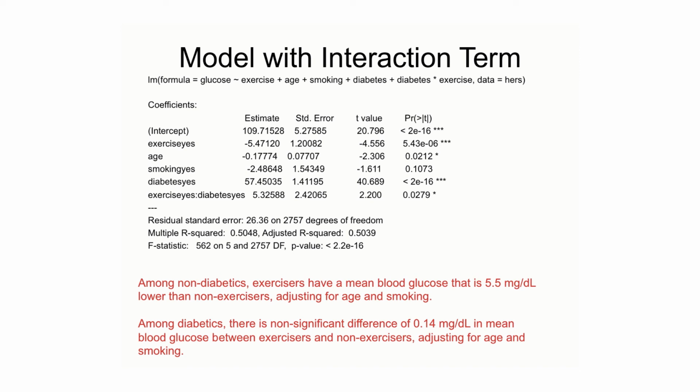The reason why the results are a little bit different with the interaction term is that this model with the interaction term treats all variables except for exercise as equal for diabetics and non-diabetics, while the stratified models allow all coefficients, including the intercept, to differ between the two groups. So the effects of age or smoking as confounders are averaged for diabetics and non-diabetics in a model with an interaction term, whereas in stratified models, the effect of these variables are allowed to differ for diabetics and non-diabetics. So both approaches are acceptable, but this is why the results of the two approaches don't always give exactly the